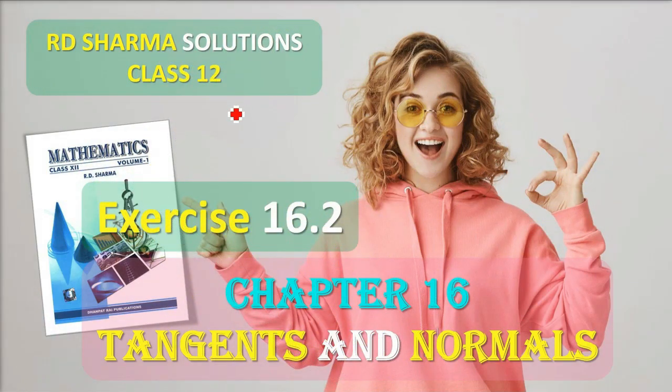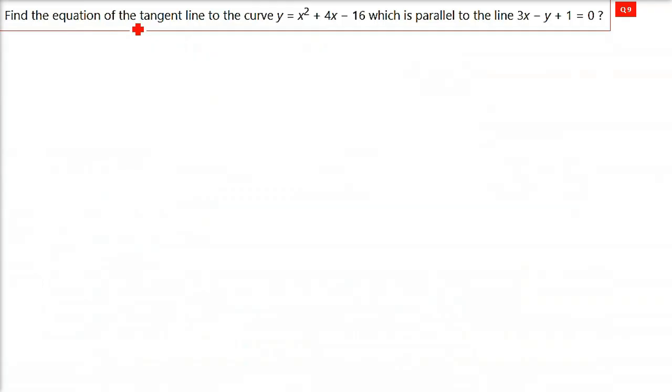This is RD Sharma solution. We are taking chapter number 16, tangents and normals. Exercise is 16.2. So this kind of question we have already attempted. So we have to find out the equation of the tangent line to this curve, which is parallel to this